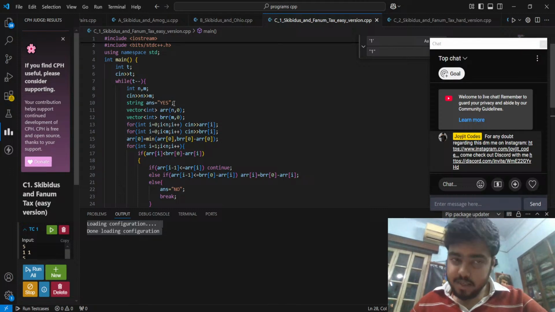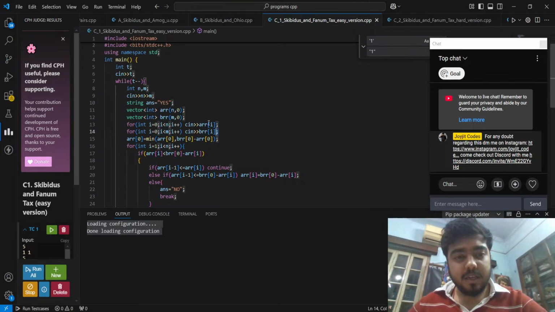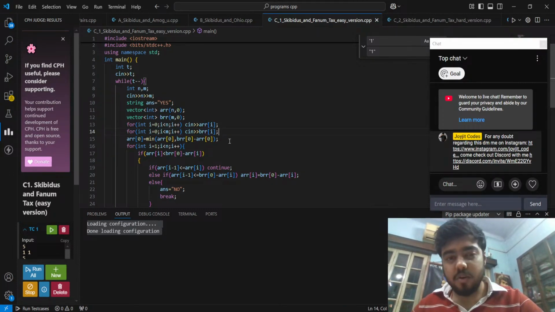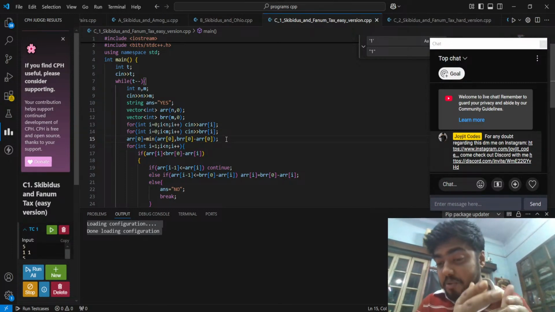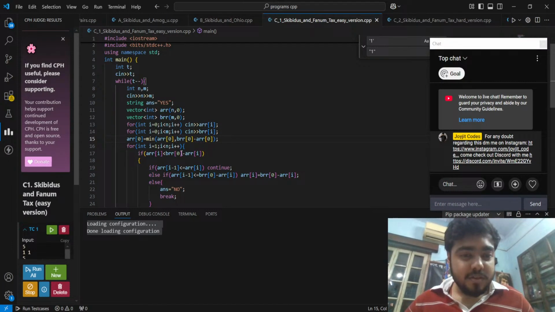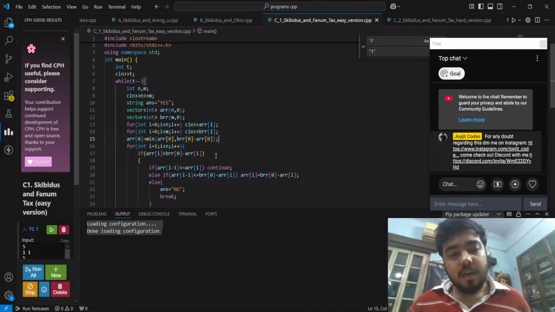Initially we can say it's a yes. This is basically the inputs. You don't need to think about it. I mean, you don't need to go through it. So now what we are going to do is we are going to check for the remaining elements, and over